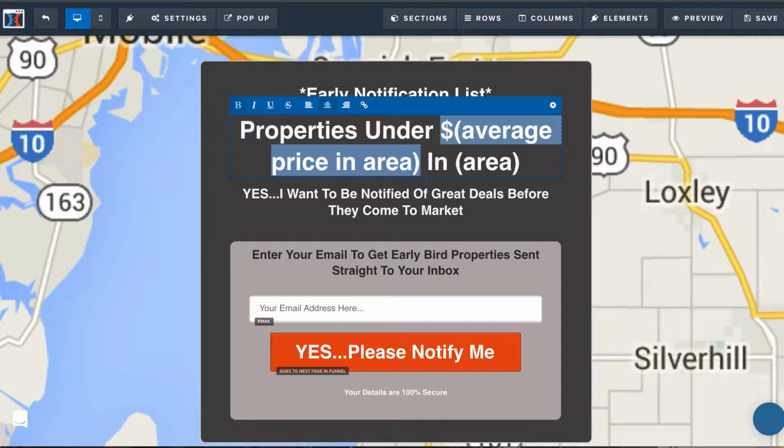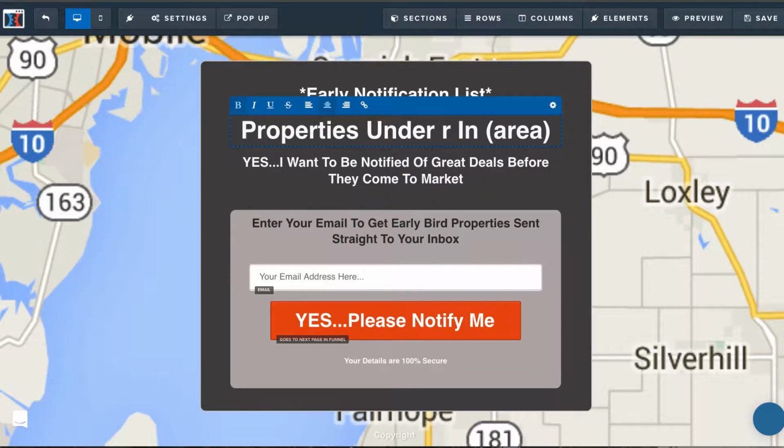And as the first part of our funnel building checklist talks about, we want to know our audience. We want to know who it is that we're going for, and that is part of tweaking our funnel here, because this is a lead gen funnel. As for building out our sections, rows, elements framework, that's already done. So now we're filling in the copy and media as needed. So, properties under,